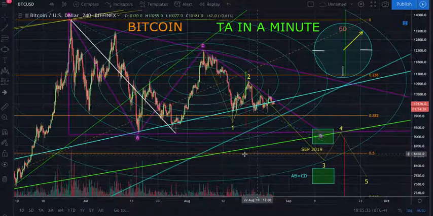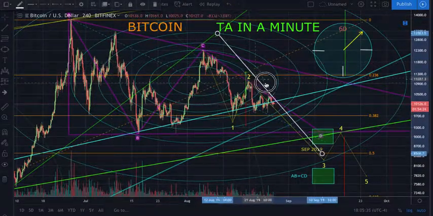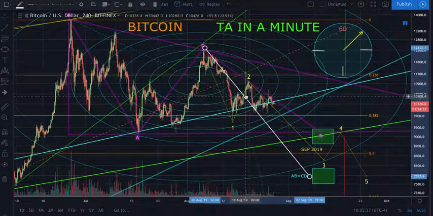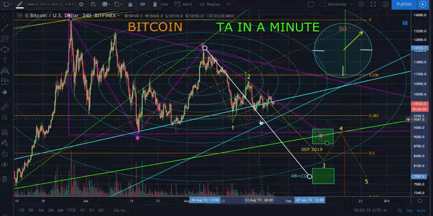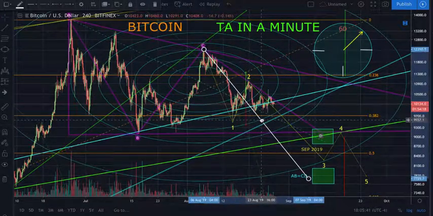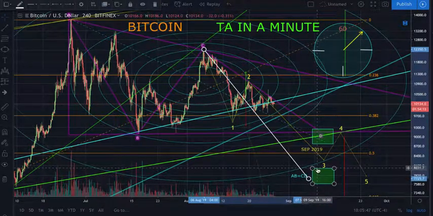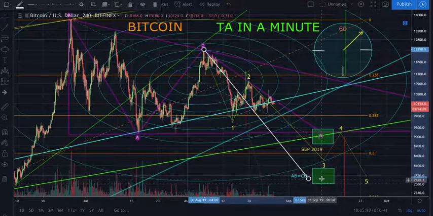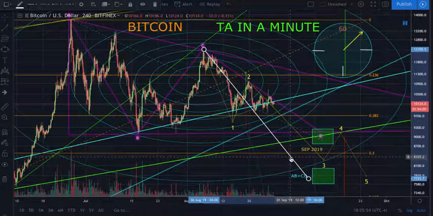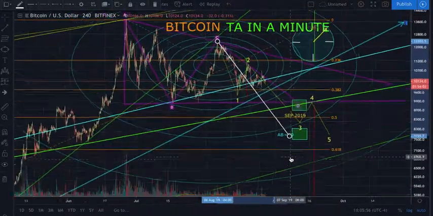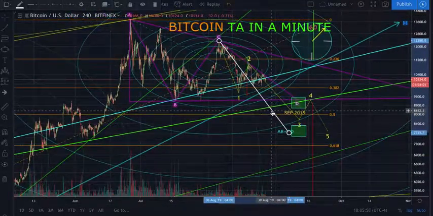So I'm going to get rid of that one real quick, and we're just going to move this one over here now, and that actually gets the timing a little bit better of it. But you could basically see it's going to put us in the same area either way. Alright, so that's our AB equals CD price target. That's going to put us right here between, it was like 75 and 8,000. Alright, and I think that's a very high likelihood or good possibility that could happen.